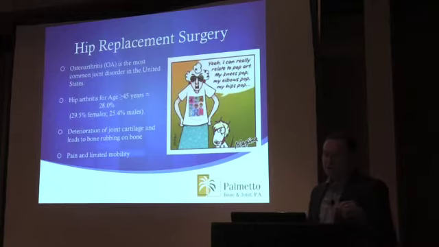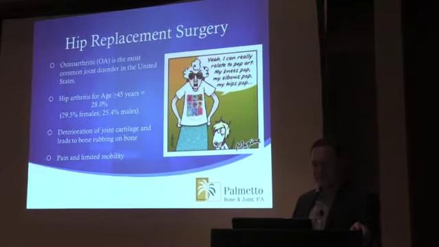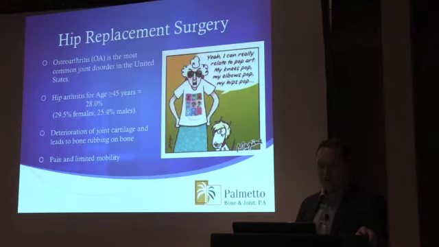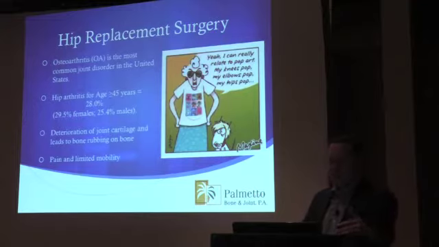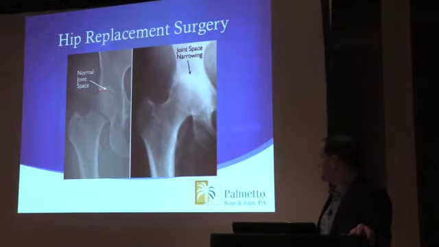So osteoarthritis is the most common cause for the need for hip replacement. Hip arthritis for ages over 45, the rate is about 28% of people. It's a little bit higher in females, 29.5% in females and 25.4% in males. And basically arthritis is deterioration of the joint cartilage, and that leads to bones rubbing on bone and ultimately pain and limited mobility. This is an x-ray that basically just illustrates a normal joint,